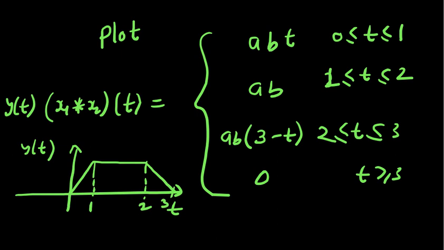So the convolution of two square waves is a trapezoidal shaped signal. And it becomes triangular if the domain or the support of both x1 and x2 is the same. Right? Because this is the difference. So if our x1 and x2 had the same width, then it would be a triangle. Correct? So in general, it is a trapezoid. So this is the way we derive or find the convolution of two square waves.